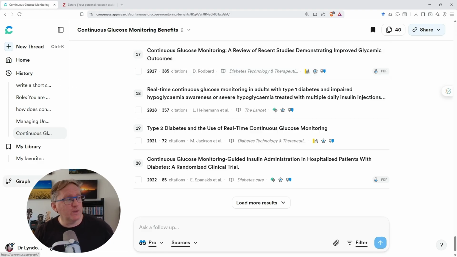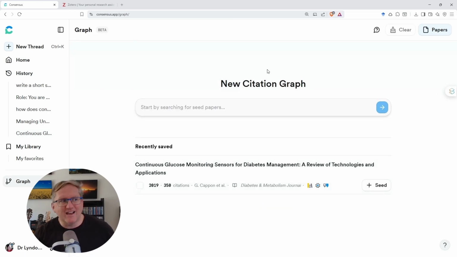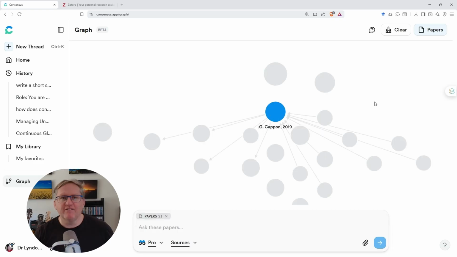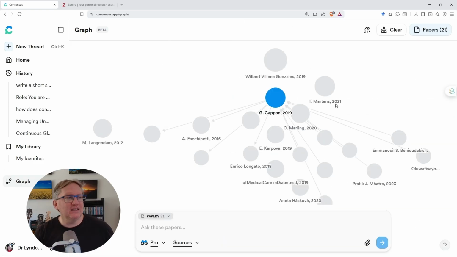So first up, we can see this one that says graph. It is in beta, but if we click on that, on our citation graph page, we can put in a search and find a particular paper that we want to be our seed paper. That's going to be the start of our graph. I've got one here saved that I was using already, again with the continuous glucose monitors. And if I hit seed, and then I click generate graph, then what we're going to see is this map